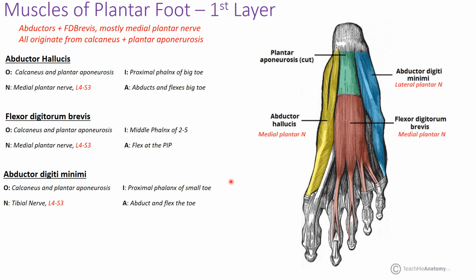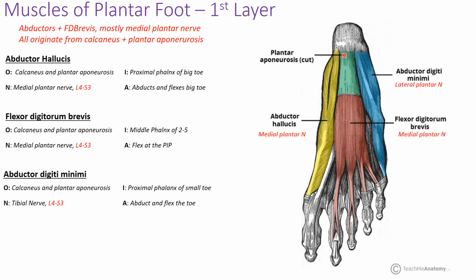Alright, and now getting into the muscles of the plantar foot. When we're thinking about the plantar foot, we're going to divide this into 4 layers. There's going to be a superficial layer, and then we're going to work our way deep. So we're going to start off with the most superficial layer here. This layer consists of your abductors and your flexor digitorum brevis, and most of the muscles here are going to be innervated by the medial plantar nerve. And they're all originating from the calcaneus and the plantar aponeurosis back here in the posterior aspect of the plantar